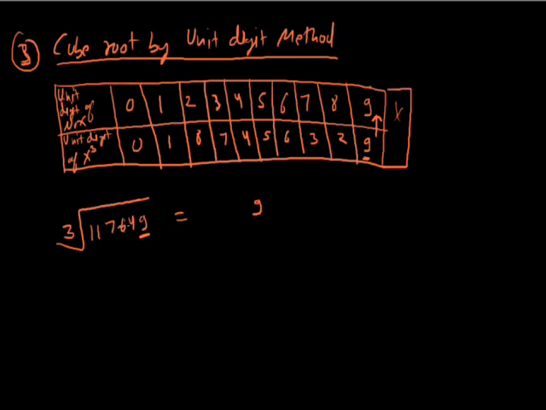Now after that we have to cancel the unit, tens and the 100 place, हम ये कैंसिल कर देंगे, हमें नंबर मिलेगा 117। नाउ अब हम ये सोचेंगे कि 117 के नियर परफेक्ट क्यूब कौन है। हमें मालूम है कि 4 का क्यूब 64 होता है और 5 का क्यूब 125 होता है, लेकिन 125 117 से बड़ा हो जाएगा, तो हमें छोटा क्यूब फाइंड करना है जो कि क्यूब भी हो और 117 से छोटा हो, तो दैट इज़ 4 क्यूब, दैट इज़ 64। सो हम यहाँ पे क्या लिखेंगे, 4। सो द क्यूब रूट ऑफ 117,649 इज़ 49। तो इस तरह से हम फाइंड कर सकते हैं।